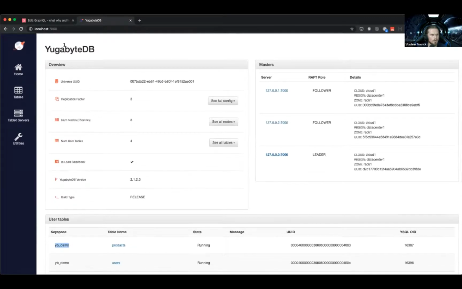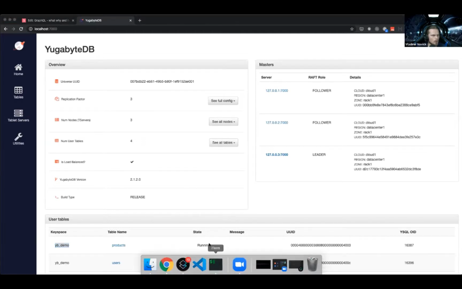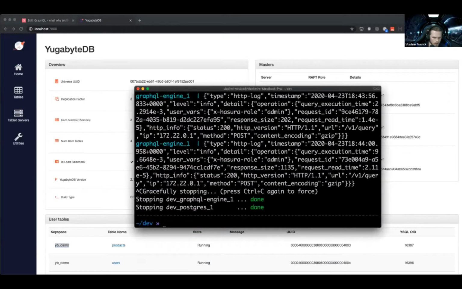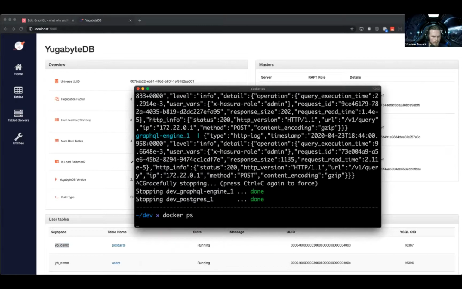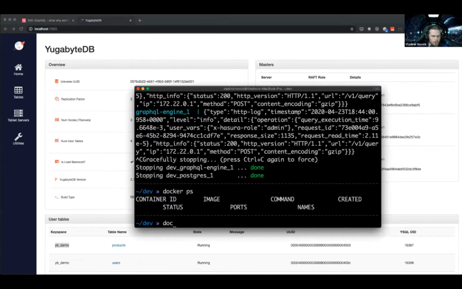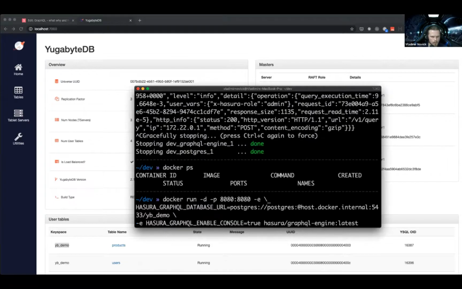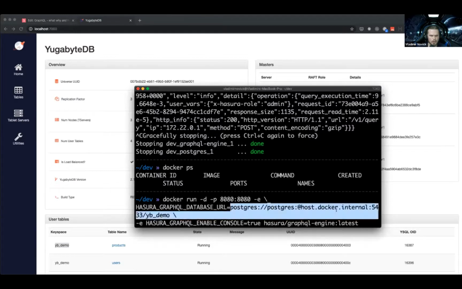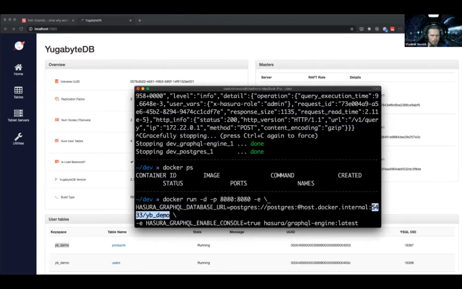Now, the database that I have is Yugabyte demo. So I will run my engine on top of the Yugabyte database. So let's get here, and what we will run is the Hasura GraphQL database URL with Yugabyte demo, and this is the image that it will pull.